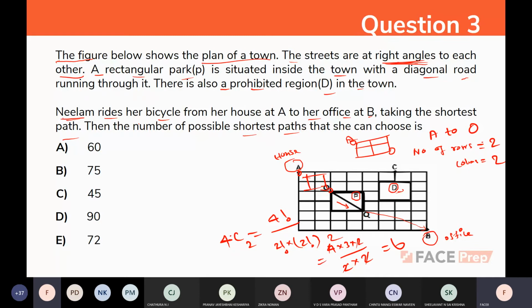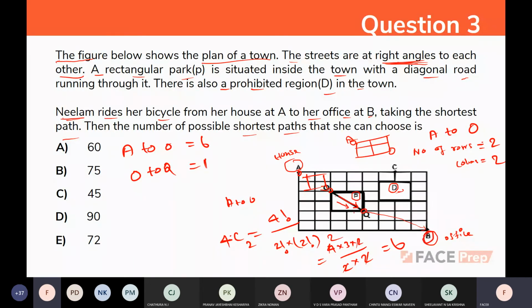Thanks, Bob. Thanks, Pranav. Okay, so we found A to O. This case is for A to O, where the distance is 6. From O to Q, this is a straight road. We don't need to use the combination rule here, because on a straight road she can go in the straight way. So the answer will be 1 for this O to Q. We don't need to apply the rule here. Similarly, the same formula for Q and B.